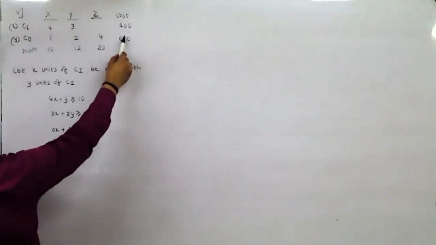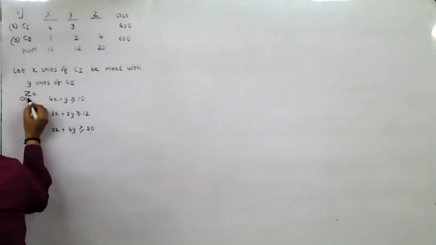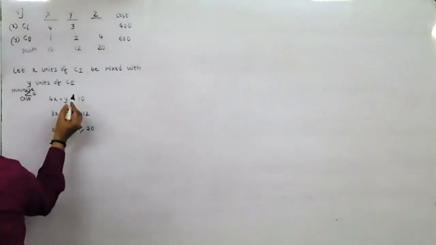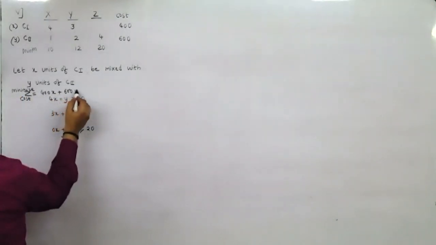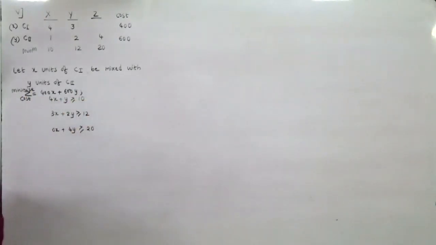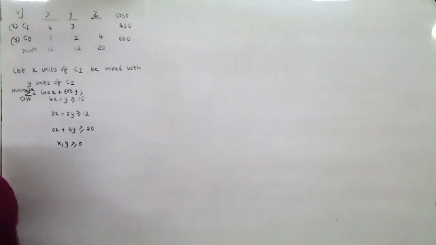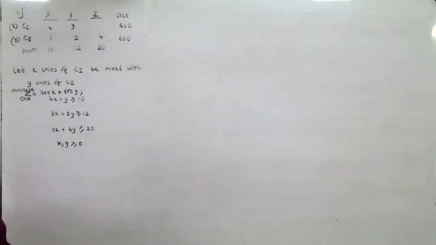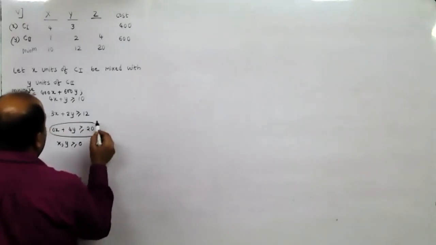And we have to minimize the cost. So that is our function. So z is cost which has to be minimized. And this would be 400x plus 600y, subject to these constraints. X and y cannot be negative. All are to the extreme right. So even without this, we will see whether we can plot it or not.